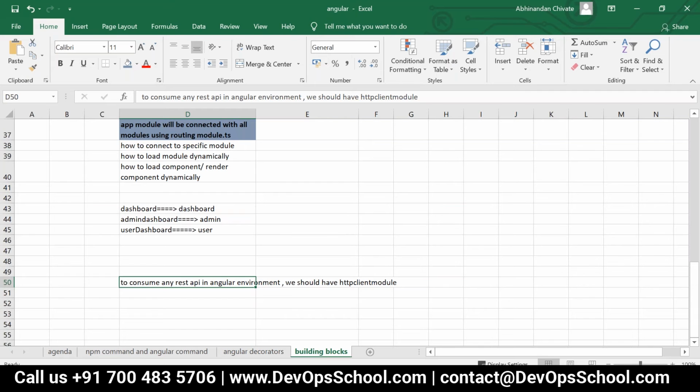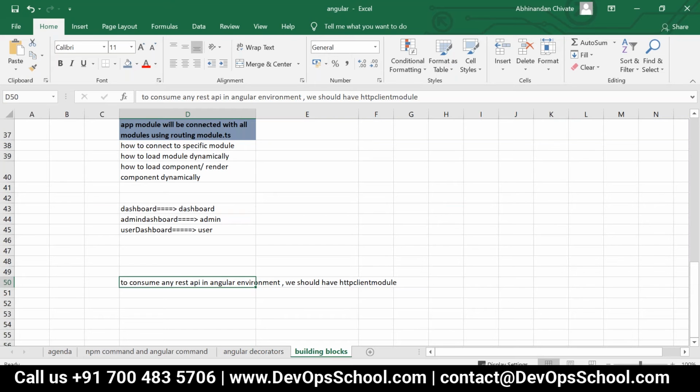To consume the REST API in the Angular environment, that work should be done via the HttpClientModule. People, is it a module? To use this module's contents, do we need to import this module or not? It's a built-in module. So, Deepak, in Java we have a utils package, correct? To utilize the stuff from java.util, we mention import java.util.something else. Correct.